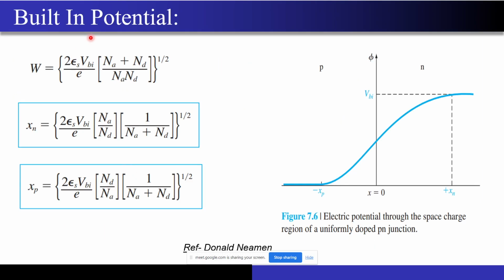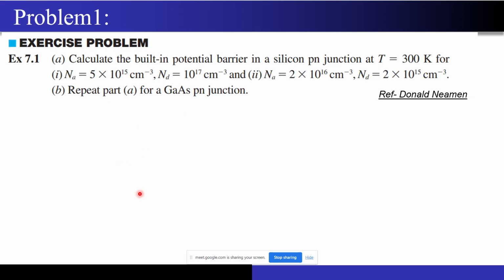Now, what are the values that we got? This is the depletion width formula that sir must have told you: W equals the square root of 2 epsilon Si by q into VBI times 1 upon Na plus 1 upon Nd. Now Xn and Xp formulas I have directly written over here, but there is no need to remember these expressions. You know how to find Xn from W; you just have to use Na upon Na plus Nd into W. So no need to remember these equations, and we won't be using them directly in questions as well. So this was the revision for the first few sets of problems.